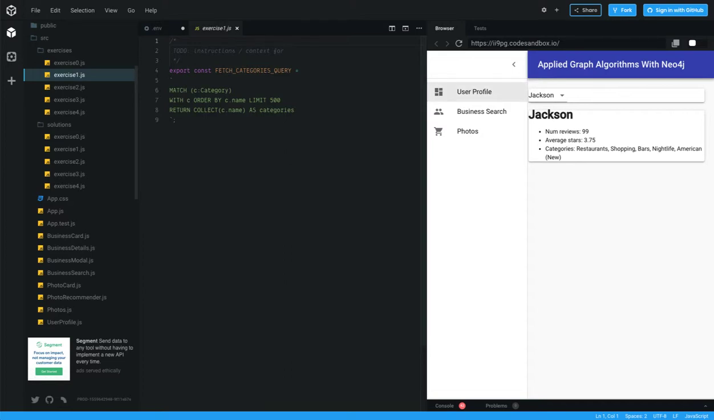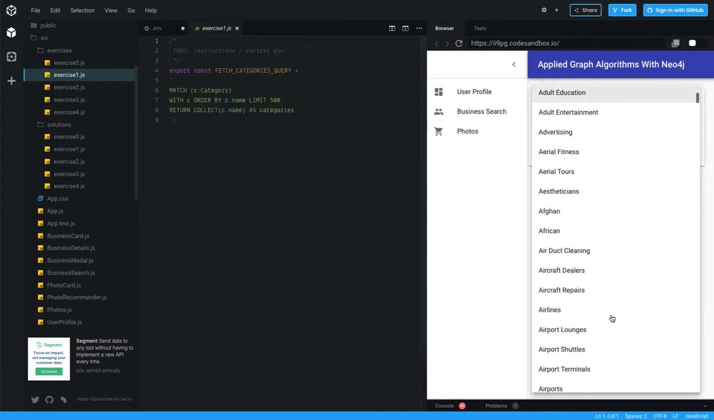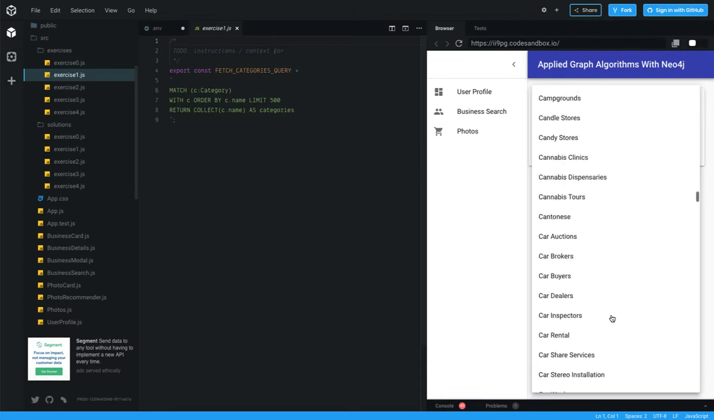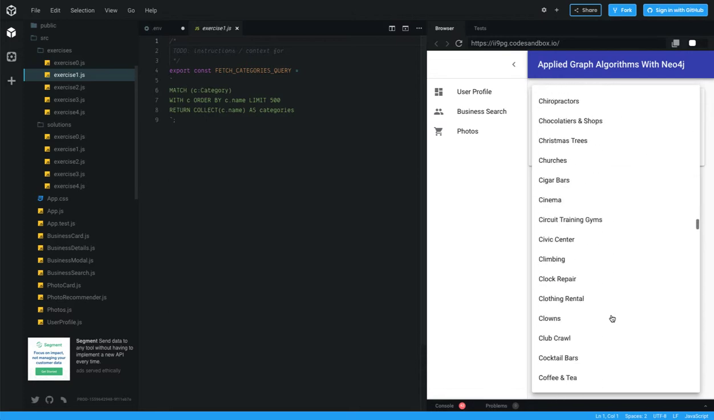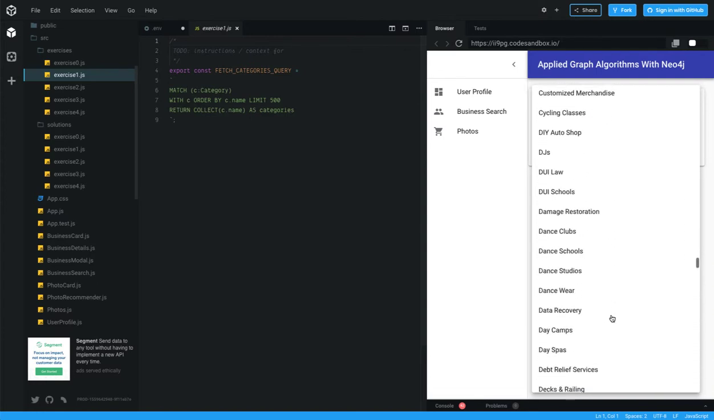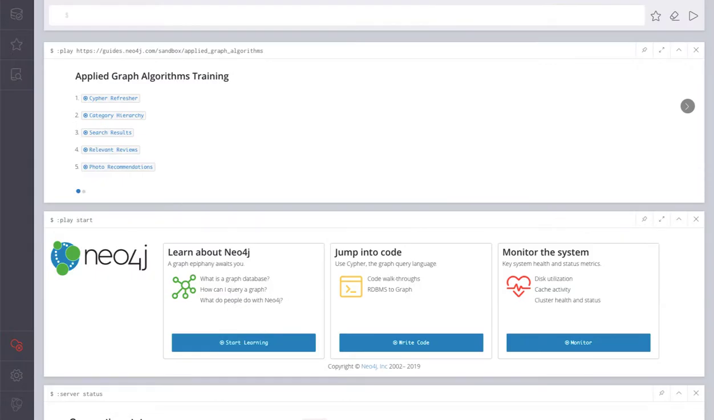For our first exercise, we need to show only the top-level categories in our business search feature. Currently, if we search for businesses, our list of potential categories is simply too long to make sense of. As we saw in the Neo4j browser guide, we can use the overlap similarity algorithm to identify category hierarchies. Let's see how we can use this in the application to present a more reasonable list of categories to choose